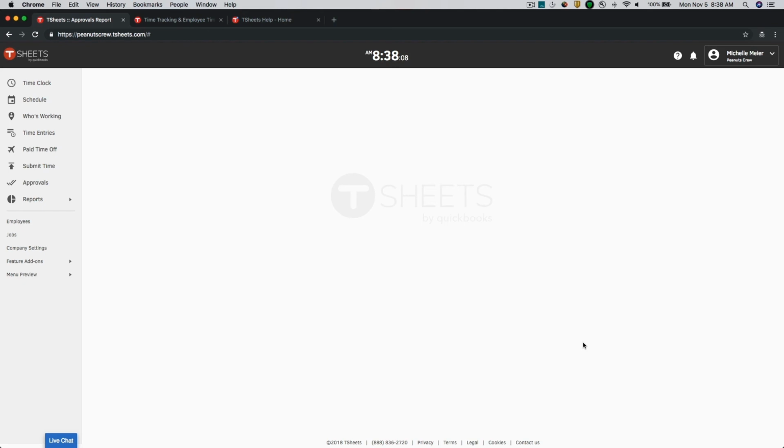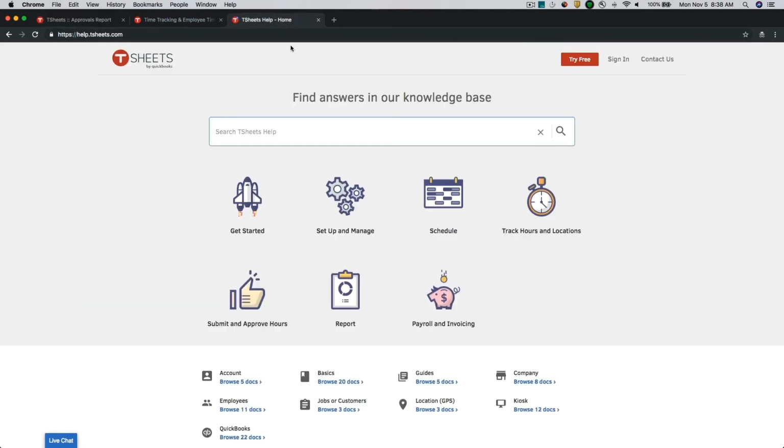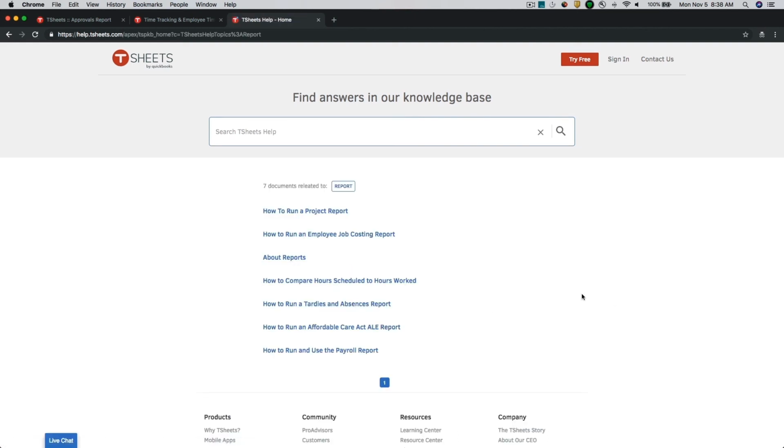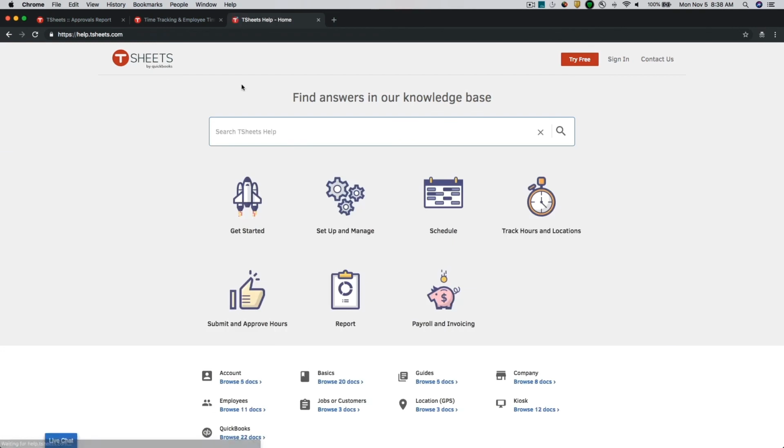Now, the last thing I want to mention too is our help center. So you can always go to help.tsheets.com and you will find our knowledge base in which you can type for any certain terms, or you can see the specific kind of bulleted areas of these different topics. And there's a specific topic area for reports. So you can always jump in there to see maybe different guides, kind of FAQs, how to run the reports. So again, whatever resource, we want to be able to provide it. So just take a look here at our knowledge base, or call us or chat us, and we'll be more